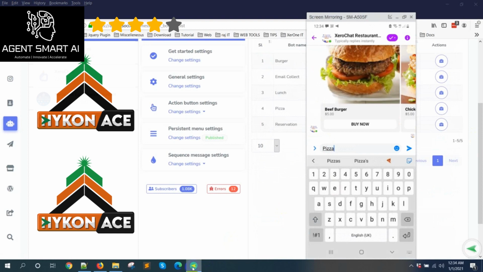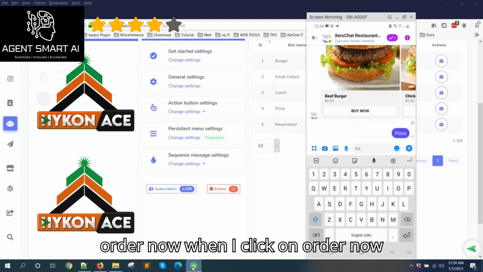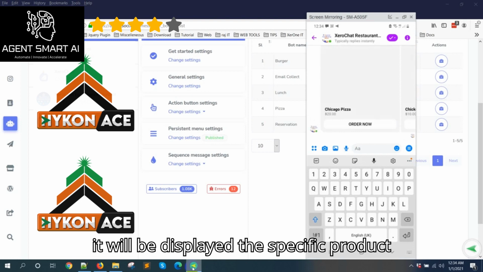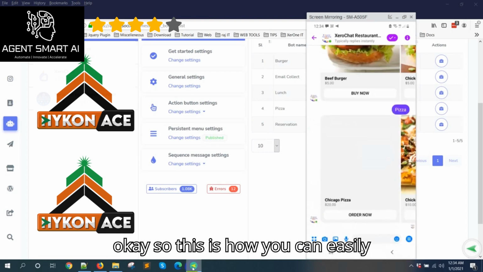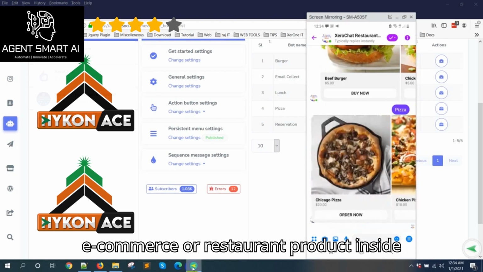So you can see, and the button name is now order now. When I click on order now, it will display the specific product. Okay, so this is how you can easily set up your messenger bot with your e-commerce or restaurant products inside